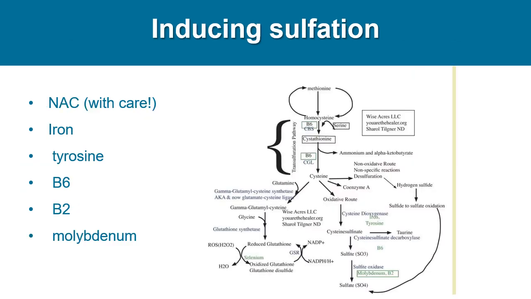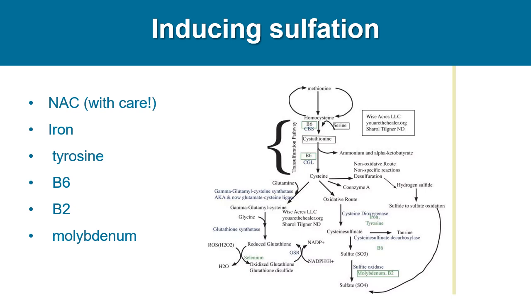So how do we induce sulfation? Anything that enhances the production of cysteine, which is the building block to make sulfate, is going to induce sulfation, as you can see down here. NAC is a supplement that can be used as a substrate to make sulfate, and it involves multiple steps needing multiple enzymes, and that includes iron, which, by the way, if you have copper toxicity or